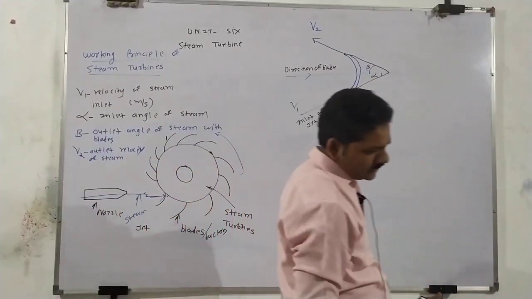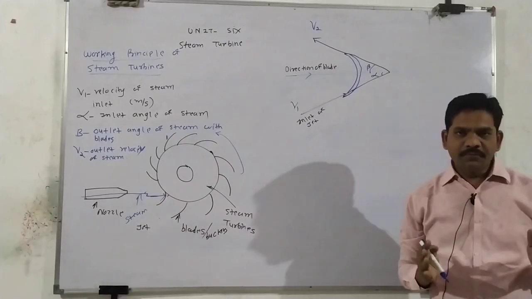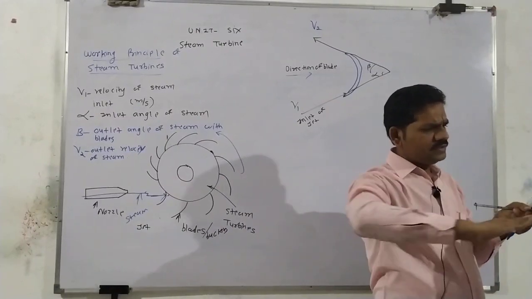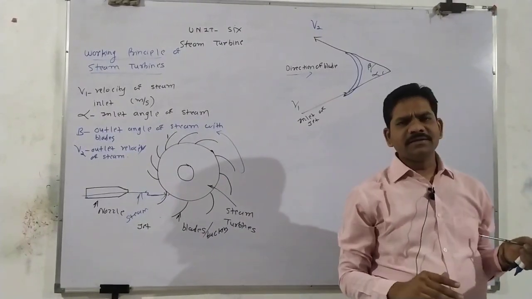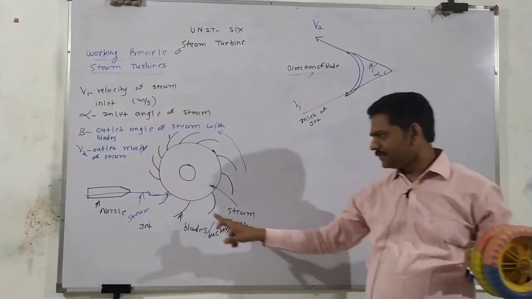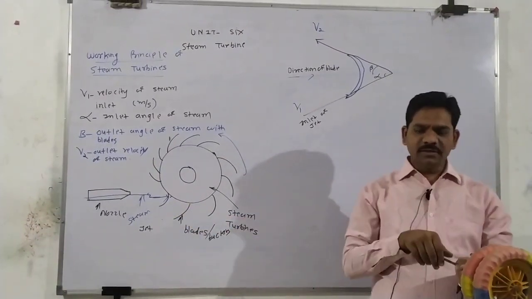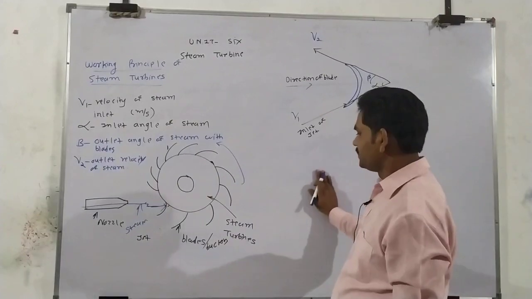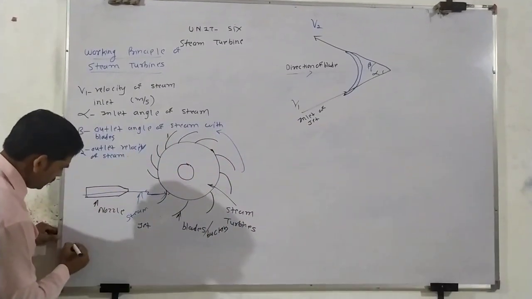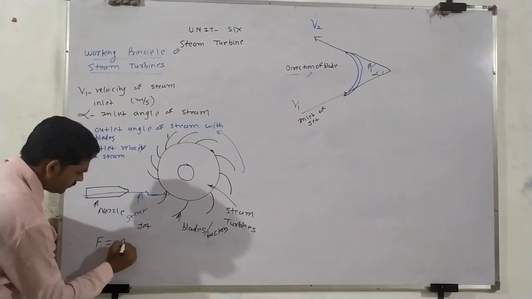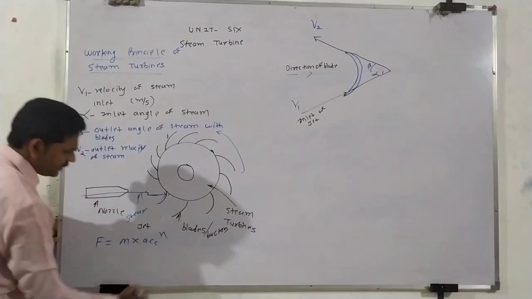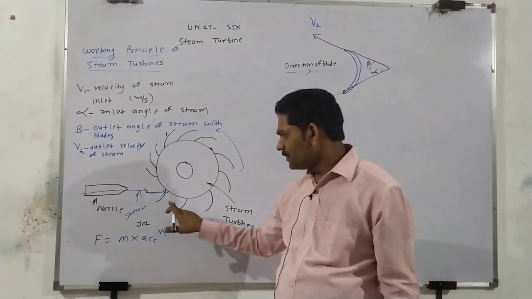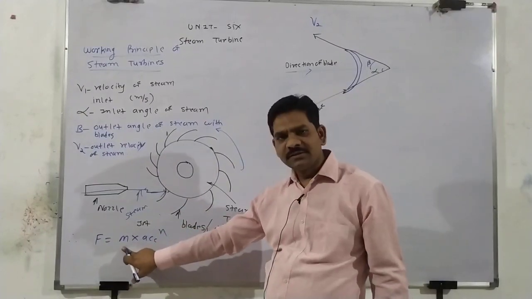Okay. Then after drawing all these things, we know that whenever the steam strikes the blades of the turbines, forces act on the blades. So what is Newton's second law? Force means mass into acceleration. Which force? The force of the steam. The high force of the steam striking the blade, having the mass of this steam.